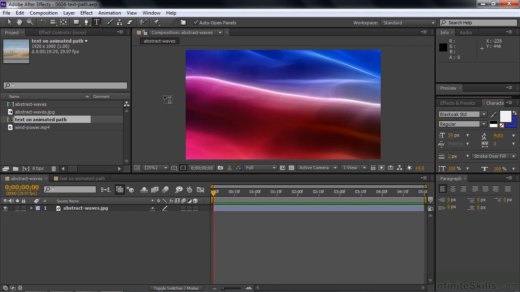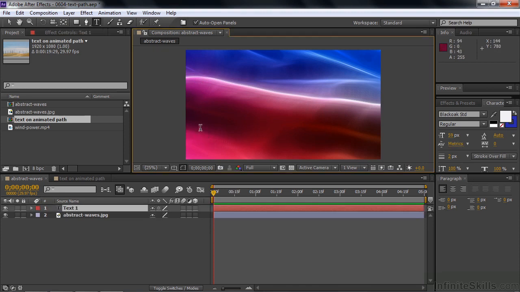Click on the Type tool now, and I want to click away from this white line because we're going to put the path right there. So I'm going to put it down here so it's just kind of out of the way there. I'm going to say, here is some text on a path. There you go. And I'm going to accept that by clicking on the text layer by pressing the Enter key